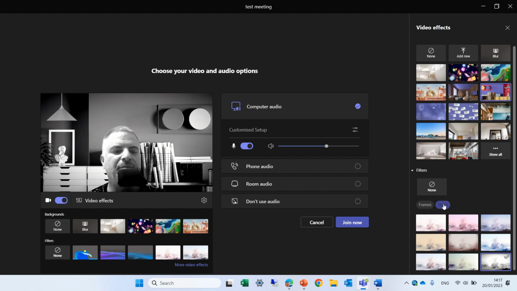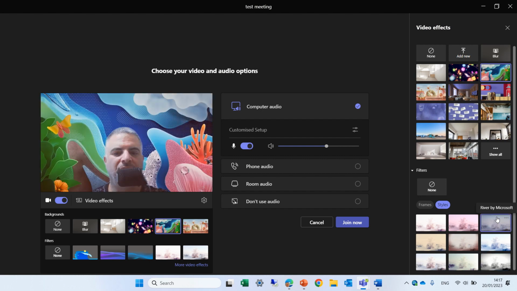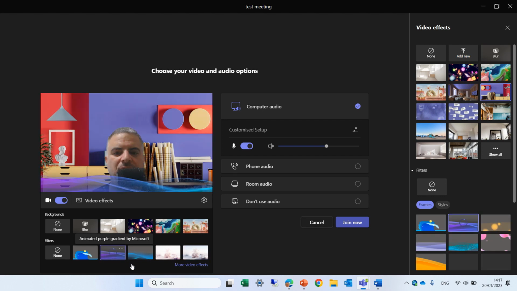We cannot combine between style and frame, but if you noticed, I can change actually the background, and the style will remain like that. So I can choose this thing. So this is actually what we could do is to choose, for instance, the background and like the frame, or we can actually